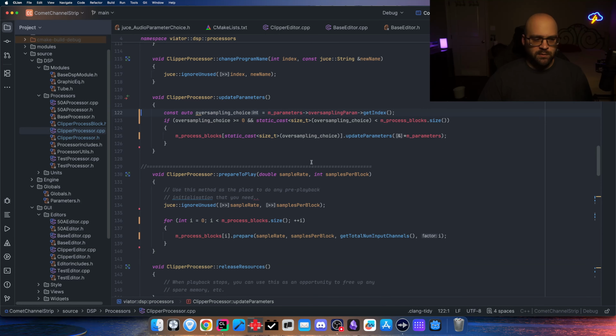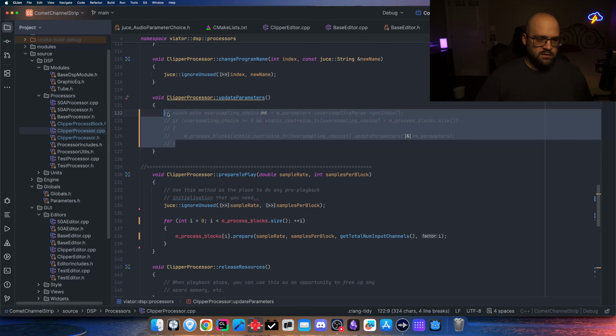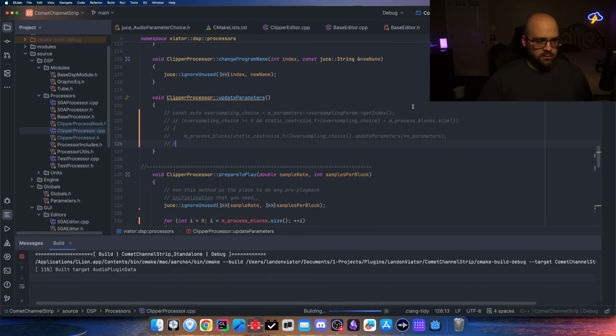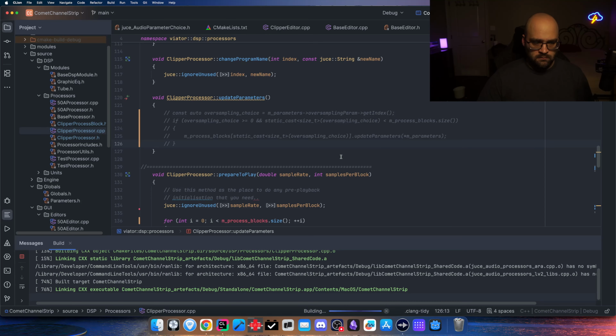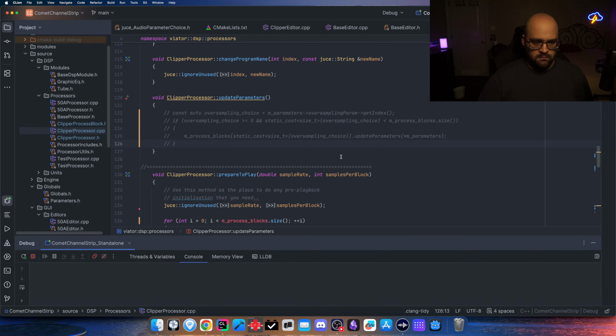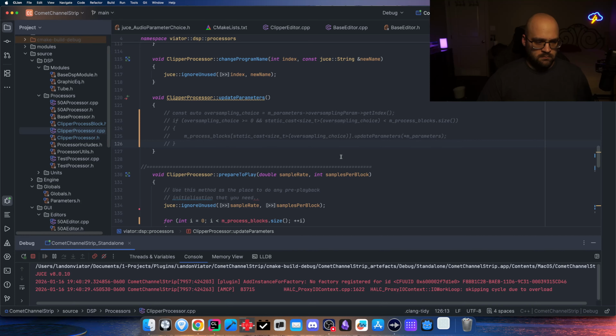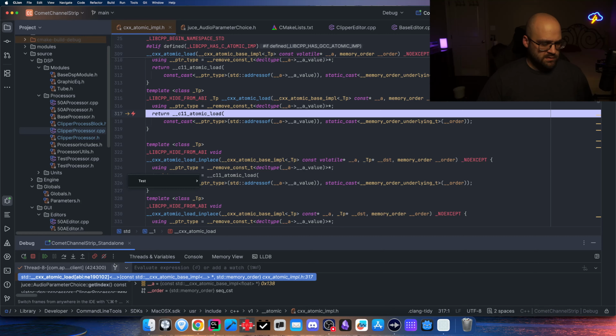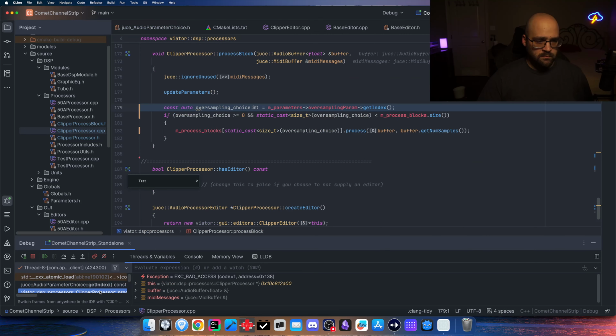Okay, let's do this. Let's comment out the update parameters. Let's see if it still crashes. Yeah, it does. Okay, so anytime we do oversampling choice,